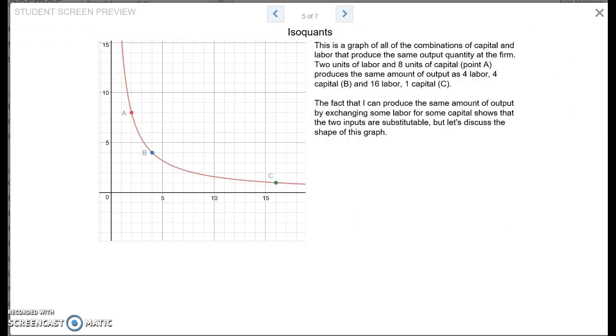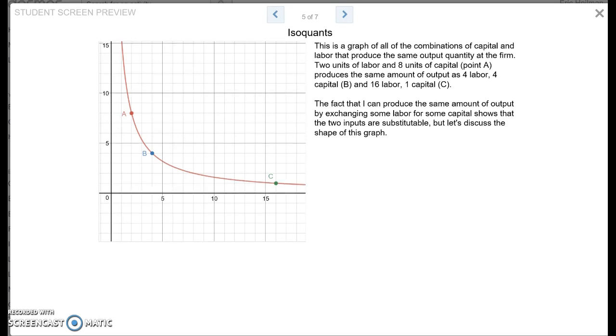Okay, so the other side of these graphs, just like we had budget constraints and indifference curves for consumers, we're going to have ISO cost lines and ISO quant curves for producers. So ISO quant, again, ISO means same, quant means quantity. So every combination of labor and capital along this curve produces the same level of output or quantity for the firm. So here at point A